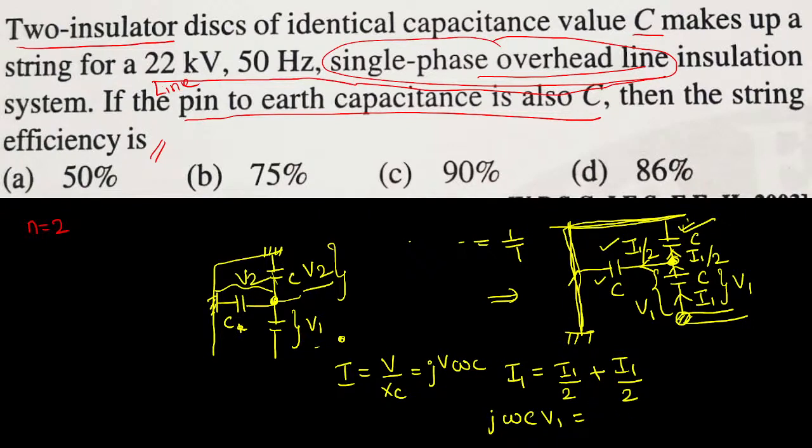I1 once again, இப்ப இந்த capacitor எடுத்துக்கிட்டீங்கன்னா அது வழியா போற current J omega C V2 only, but divided by 2. This 2 is there, na? Plus again, இது எப்படி எழுதலாம்? Same J omega C V2 divided by 2 only. So finally, what we have understood here, it can be rewritten as, if we take J omega C outside,